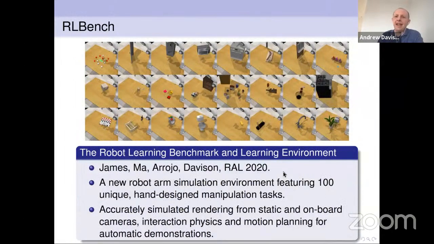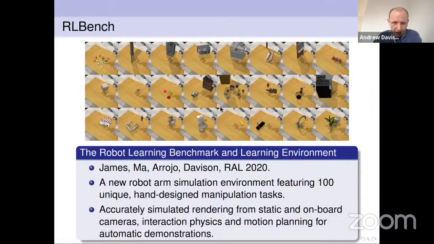So mentioned within that paper are a number of existing simulation environments that people who haven't necessarily got access to robot labs can work with to actually do some research on these rearrangement type problems. There are several already out there from different authors. There's actually one called RL Bench, which comes out of our lab, the Dyson Robotics Lab at Imperial, led by Stephen James. So RL Bench is a simulation environment for robot tasks and robot learning in particular.